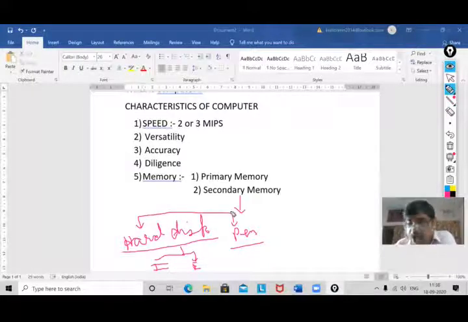You have others also: CDs, DVDs, and now Blu-ray disc, my dear. You are having your chip also, that is called micro SIM card, microchip card, mini chip card readers. Using the card reader, you just use this one, because directly in some PCs that port is not allocated, so we have to use the card reader, my dear, and using that we can transfer or save the data in that one.